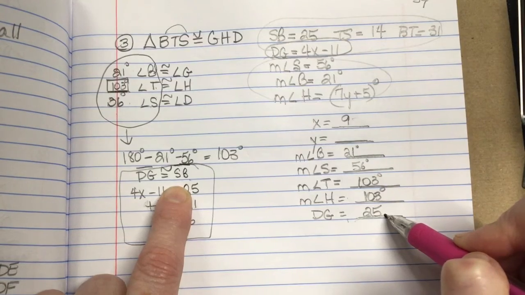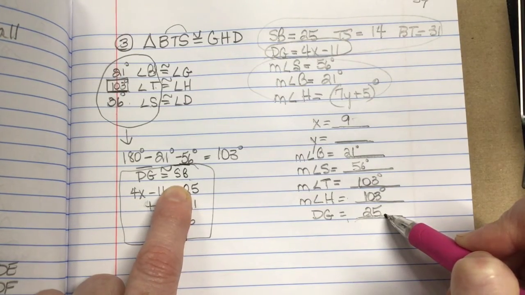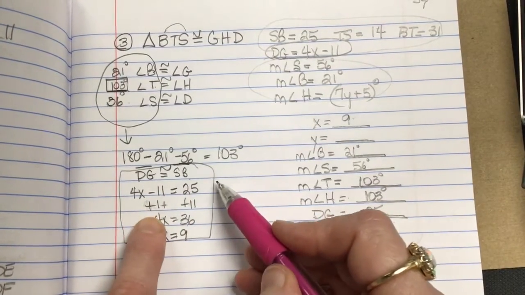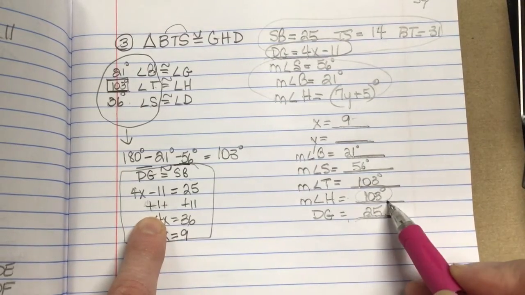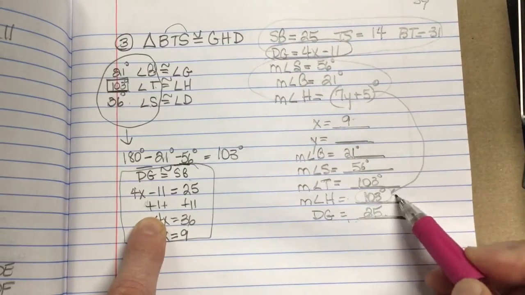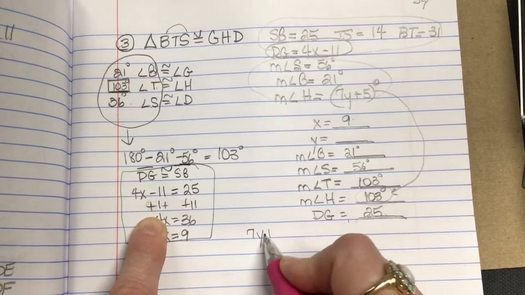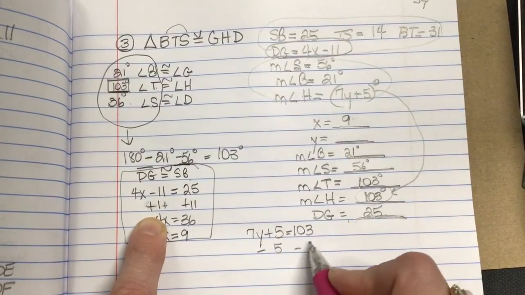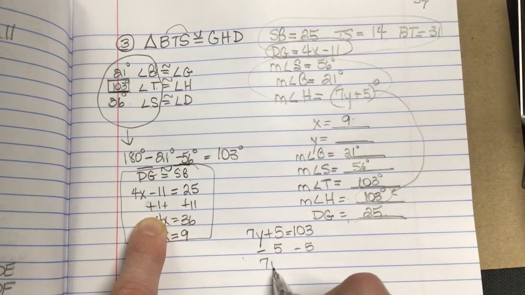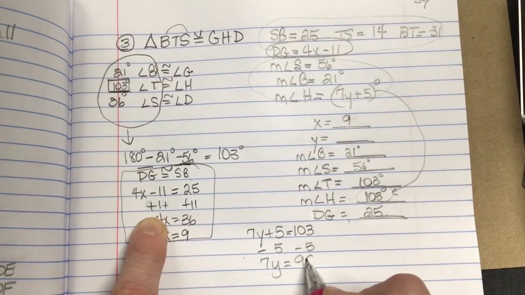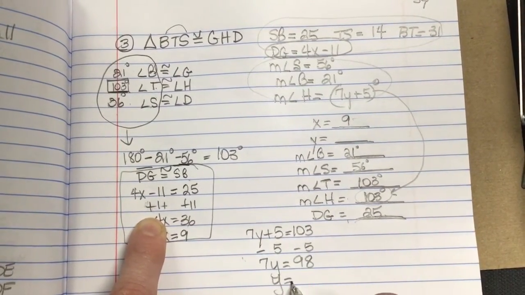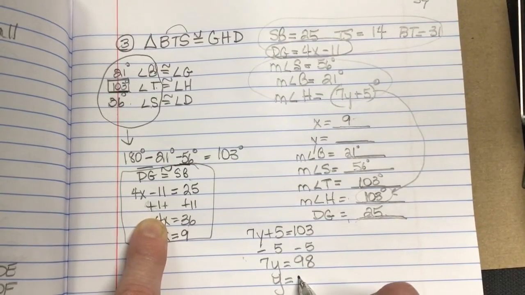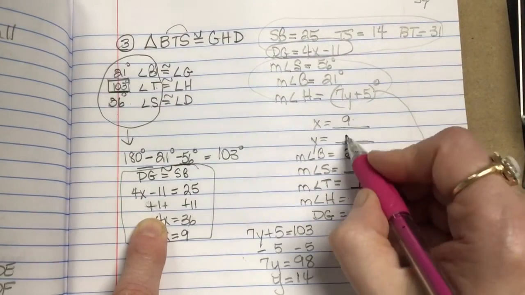Now, can we do the same thing for Y? Because angle H is 103. So I can say 7y plus 5 equals 103, minus 5, and I get 7y equals 98. Divide by 7, and I think you get 14. Yeah. So that was kind of a